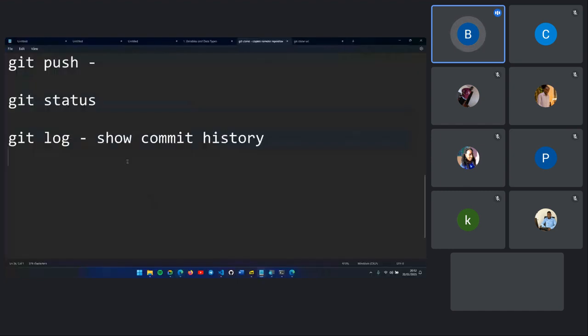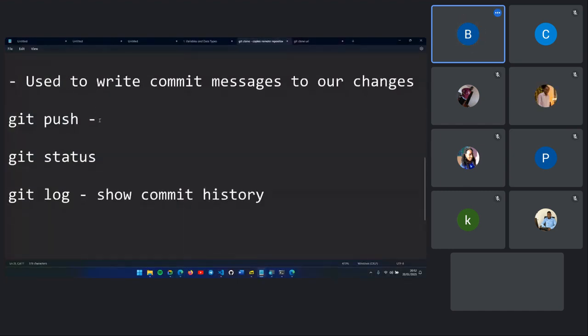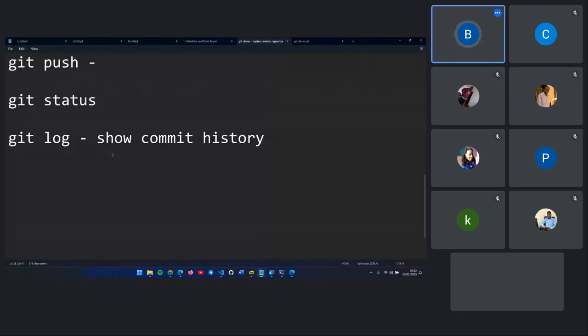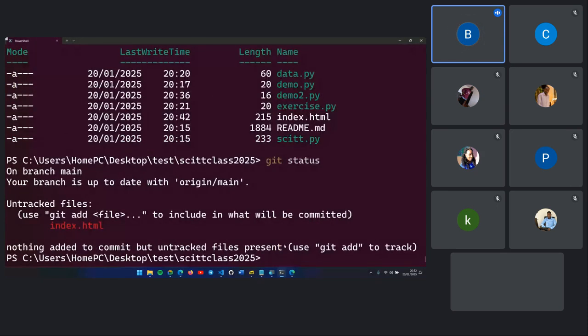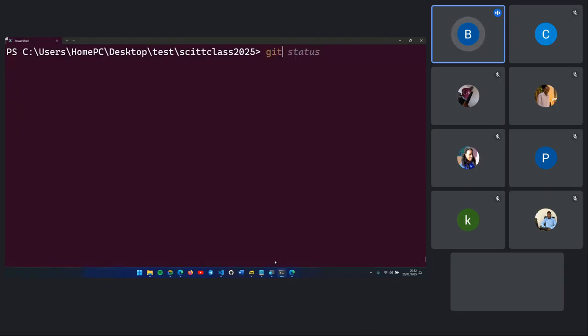So a command that you can use here, remember here we were pushing to publish our changes from local to our GitHub or to our remote repository. Now the opposite of push is pull. So if I want the changes that are on GitHub that are not on my machine, I will use git pull. So this will update my local repository with the content that is on my GitHub. So if we say, let's see, git status first, this or the untracked file, so we cannot add this without pulling. So we'll say git pull,